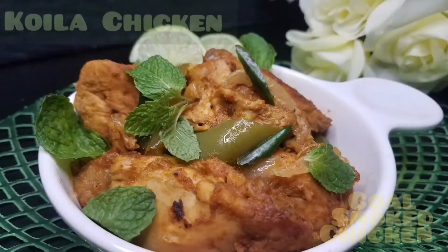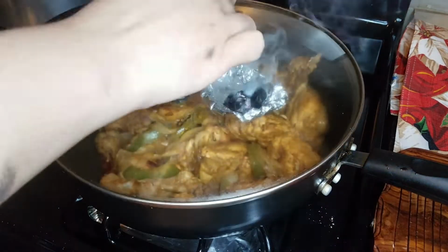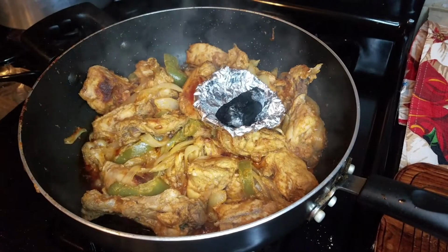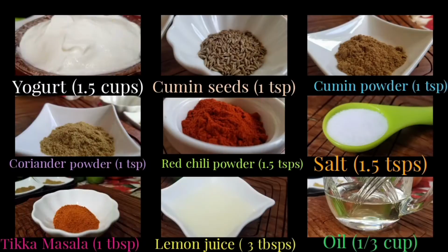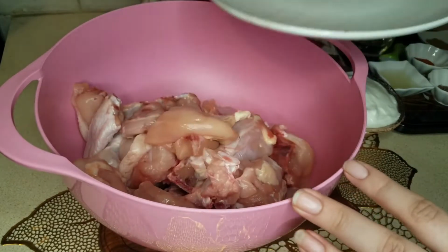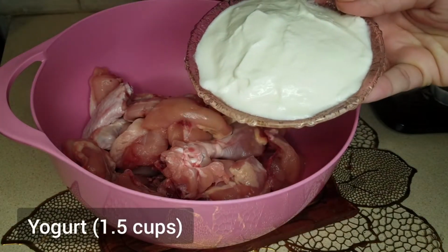In this video I'm making Koila chicken, that is also known as coal smoked chicken. For this recipe I'm using 2.5 lbs of chicken. All these spices I'm gonna add for marination. In a bowl I'm taking 2.5 lbs of chicken, adding 1.5 cups of yogurt,